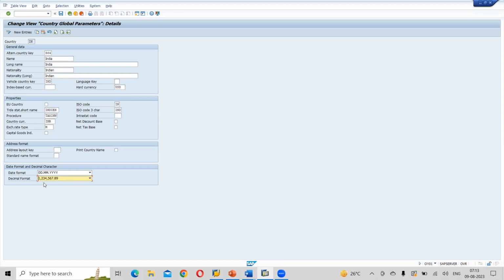And here the most important thing is that we have made some changes, right? We have changed the tax procedure. Whenever we make some changes, we click on the save button. Normally, for example, in your Windows,